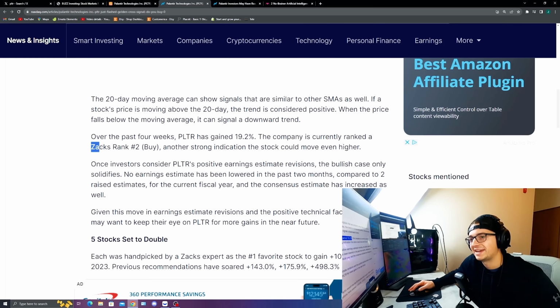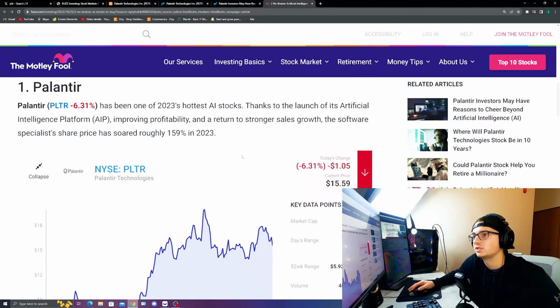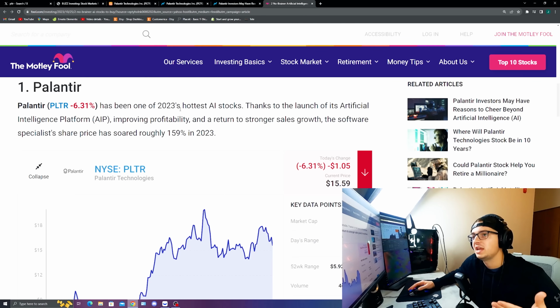And one great thing is that it has received a Zacks ranking of buy, and this is really important because the Zacks ranking has always been sitting at a hold, and it recently increased its earnings per share estimates, like up 6.91%, and changed that rating to a buy, another strong indication that this stock could move even higher. And what Palantir has really been rated as is possibly an AI leader that could have massive wins in the